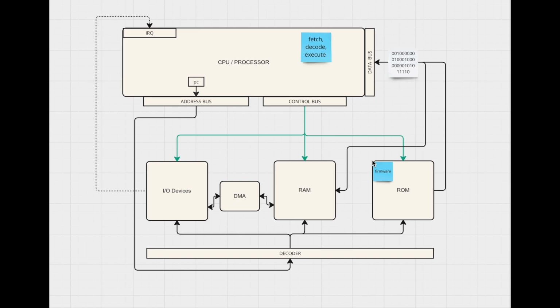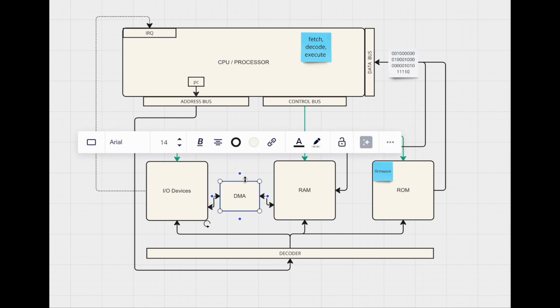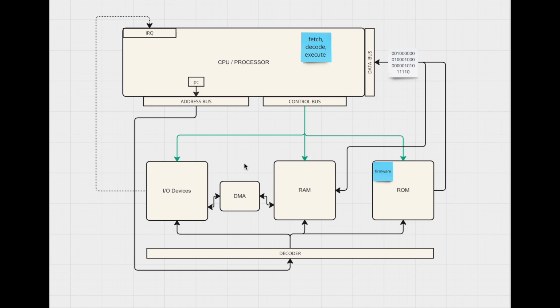And so the engineers, like the CPU manufacturers, found a way to solve this problem by introducing a component called the DMA. So the DMA stands for direct memory access. And so now, instead of the CPU doing the fetch, decode, execute cycle for I/O communication, it just